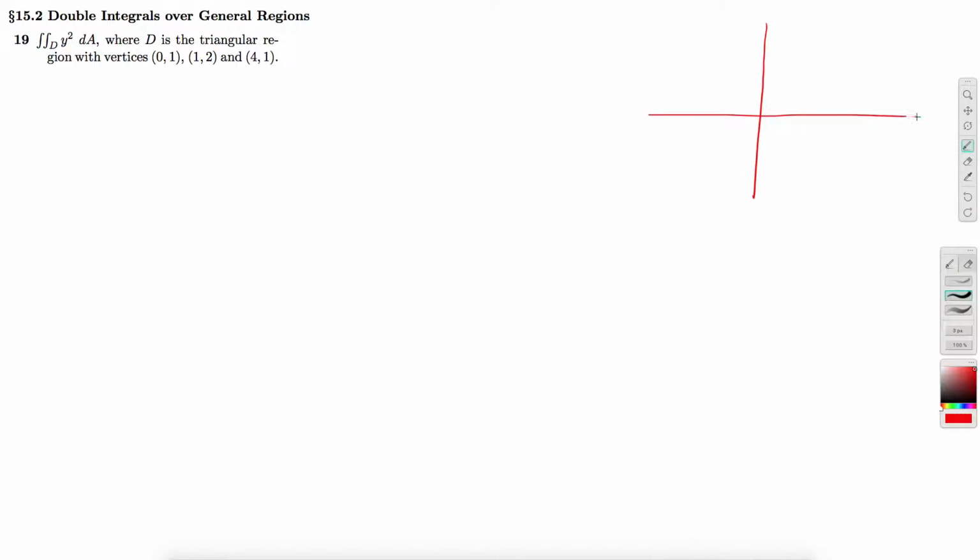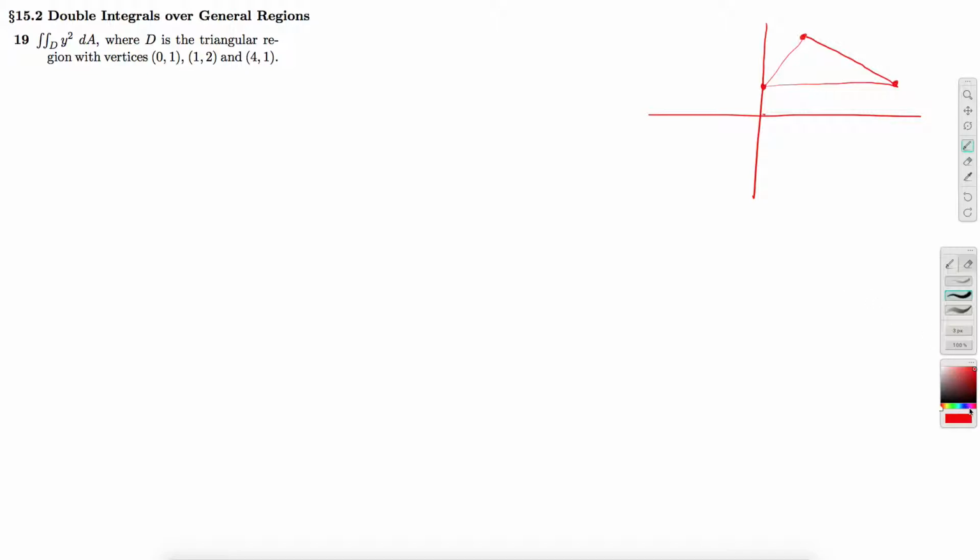Draw this thing. So (0, 1). 1 point is there. (1, 2). 1 point is there. And (4, 1). 1 point is there. So these are our 4 points. All right. So now